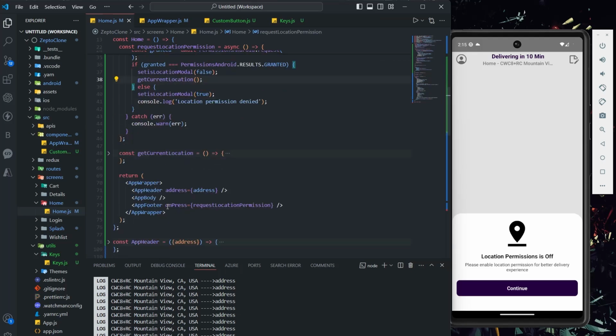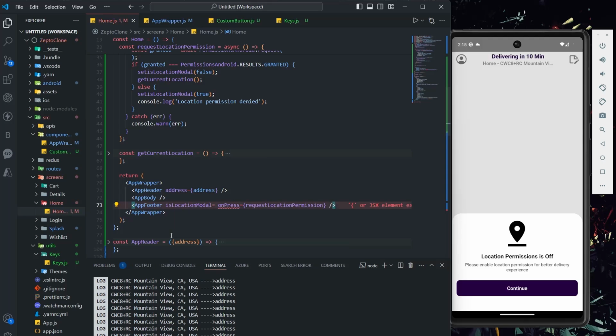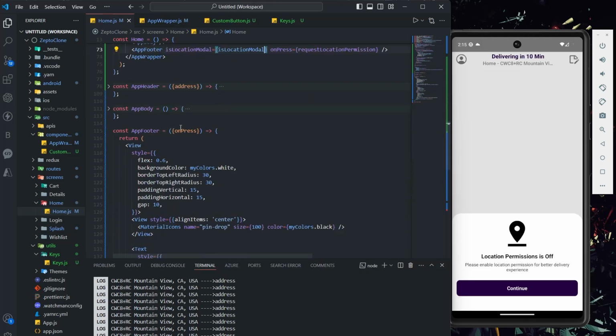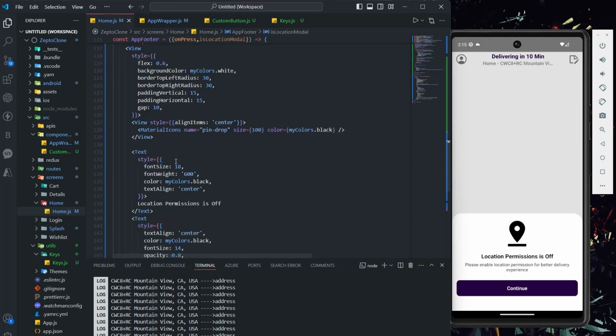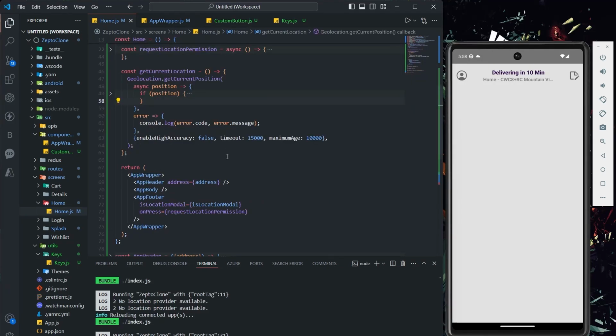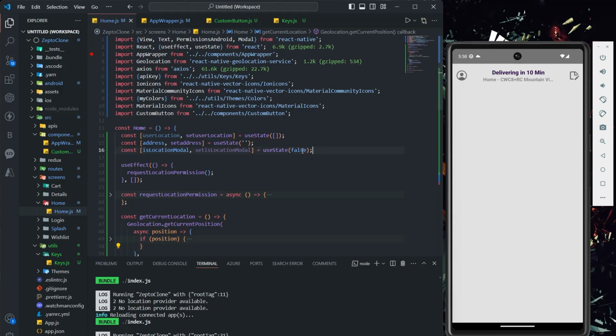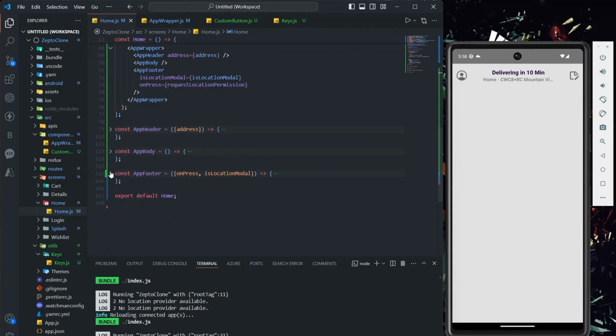And I'm going to pass this thing only. Basically in the footer, is user location model equals is location model, and we'll call it here, is location model, and here I'm going to show this. So if you see here, right now we just took one state and we have passed it